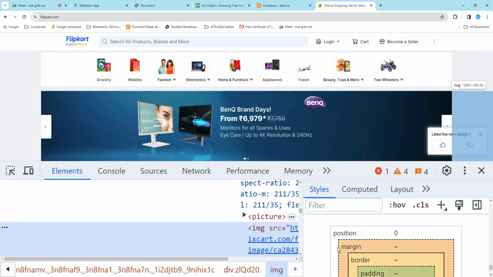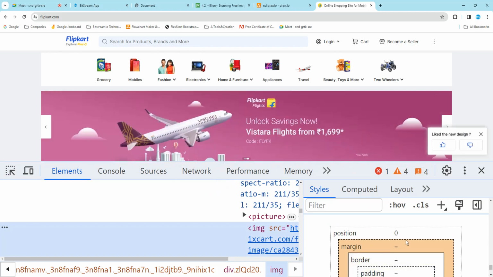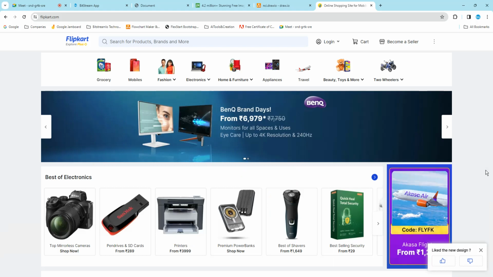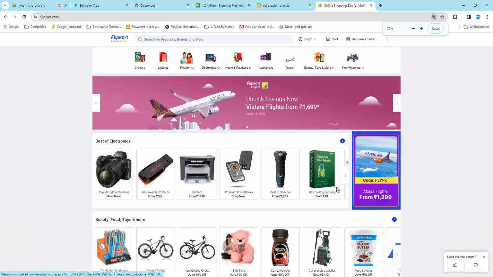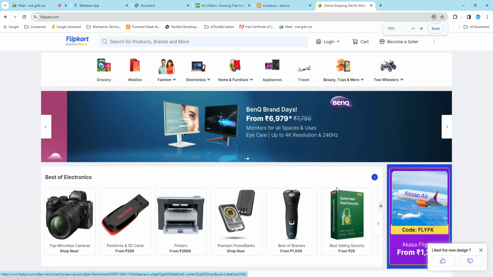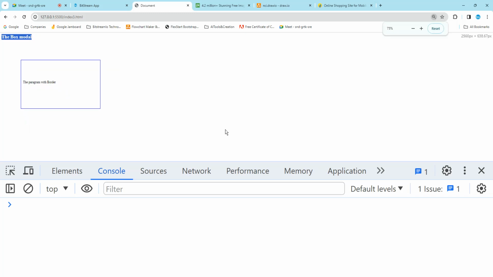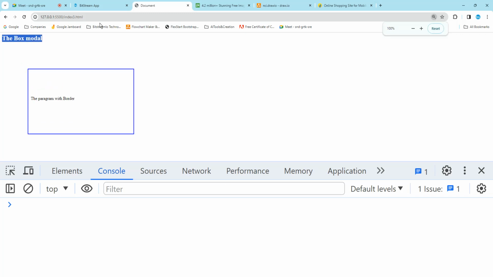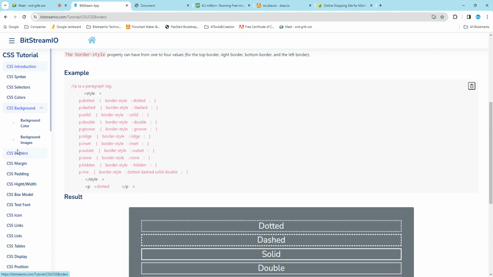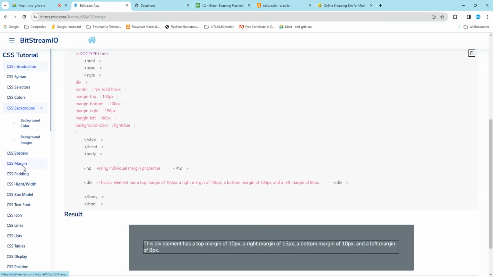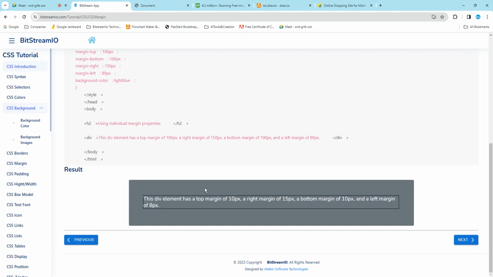By default, every element has a margin and padding, so that is called the box model. That is why we mentioned the box model. The first one is what? We can just go through it. The first one is the border. This is the margin. It creates a space between this div element and the top, right, bottom, left, and